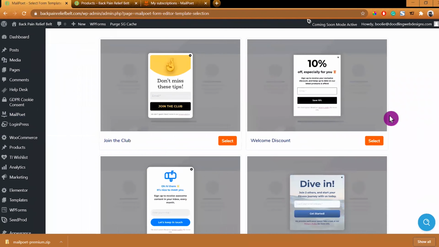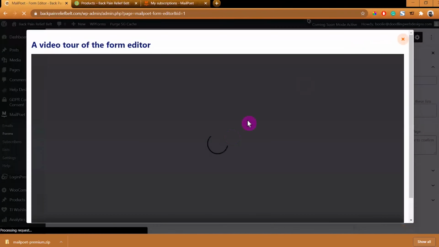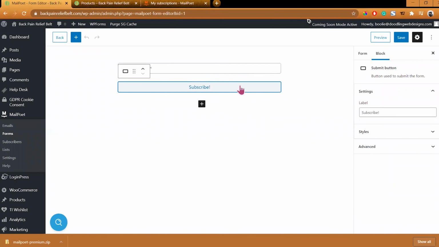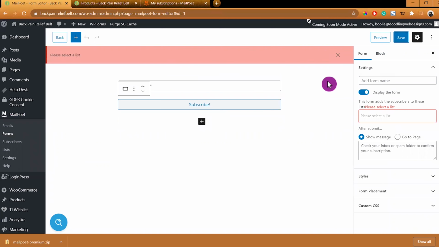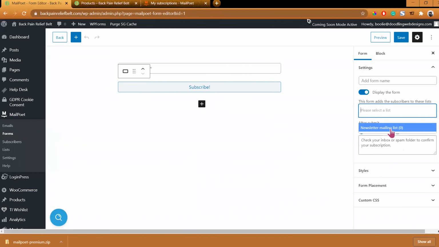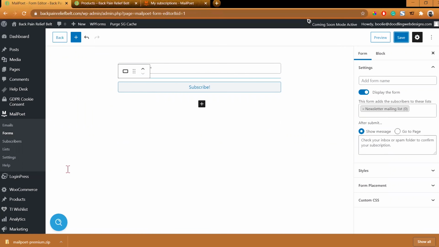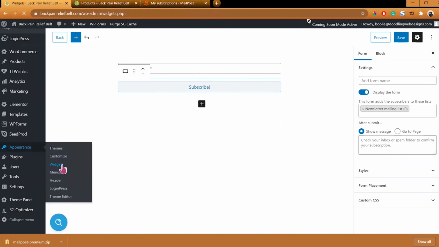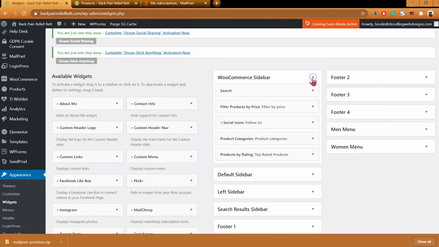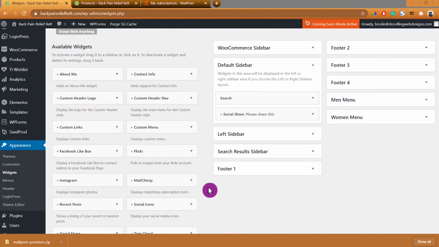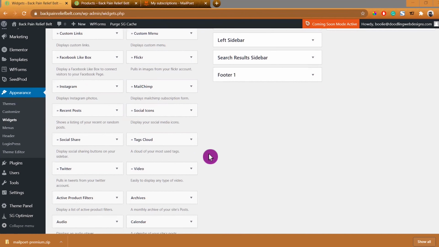We will add a new form. Skip all those templates. We're not gonna use these yet. We will use a blank template instead for the newsletter for now, and save it. And click the newsletter list. Just use the default list and click save, and go back to the appearance widgets, to the default sidebar,